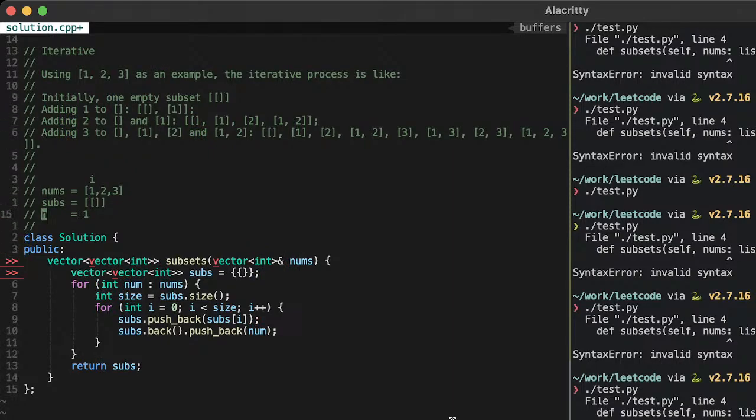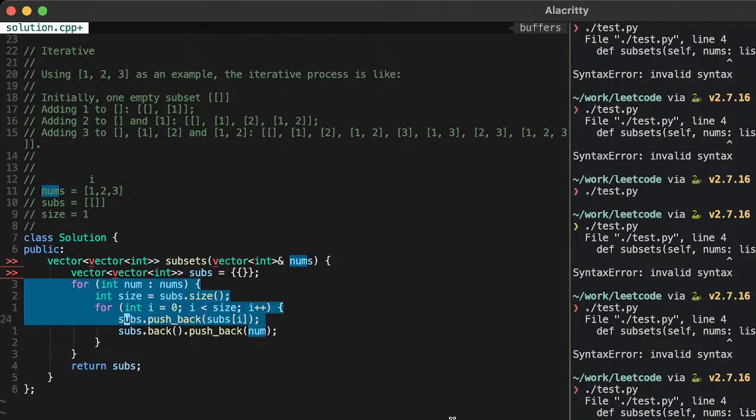Okay, so let's call this size. I want to make sure that I can keep track of which variables are tracking what. I, and then let's call this num.